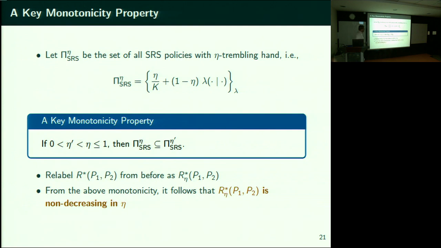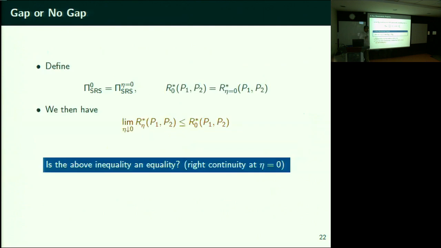Now, of course, you can tell me, I'll just plug eta equal to 0 in that R star expression, and I'll treat that as the lower bound. The point is, can you achieve that lower bound? 0 is always a lower bound for all such problems. Can you achieve 0? That's the question. Of course, the answer is no. So you can plug in eta equal to 0, but can you achieve that?